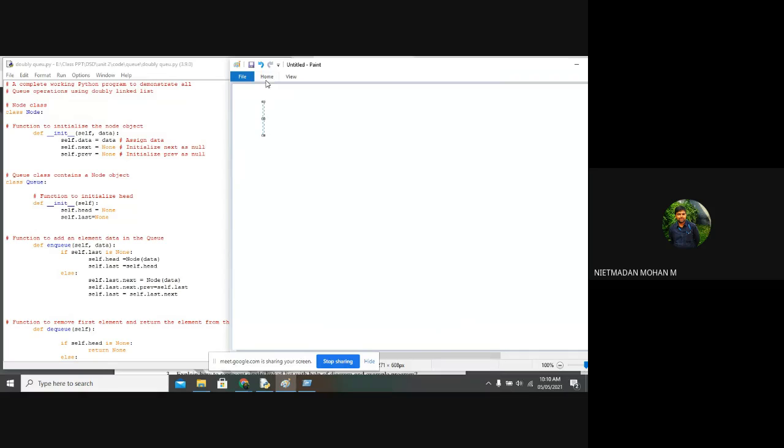So you all know that for the doubly linked list, you will be in need of 3 nodes. One which will consist of previous, the last will consist of next, and the center which will consist of data. So first we are defining a class called node. We are creating a constructor called init, and we are declaring 3 nodes, that is data, next, and previous. So here the data will be given, the next will be none, and the previous will be none. So this is the first step.